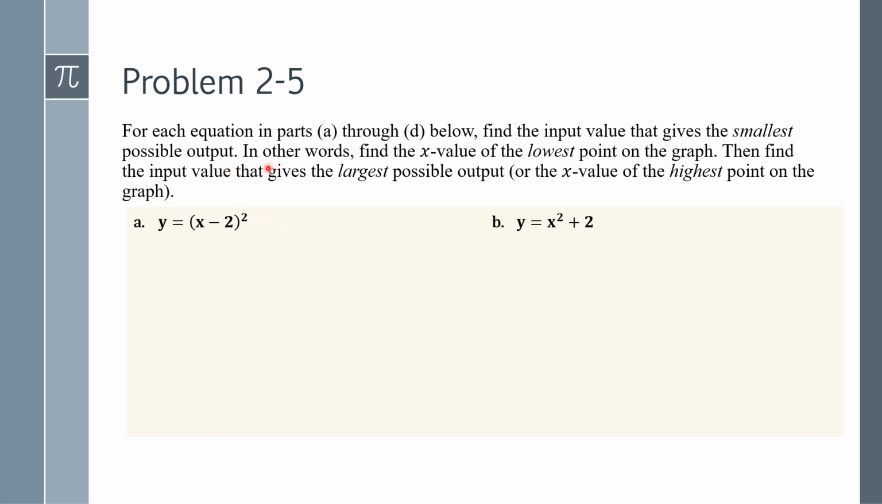possible output. In other words, find the x value of the lowest point on the graph, then find the input value that gives the largest possible output, or the value of the highest point on the graph. So,